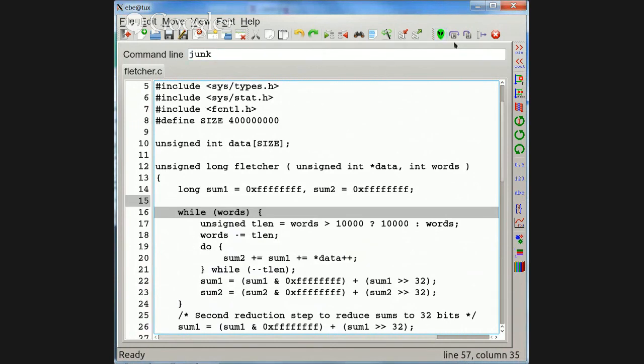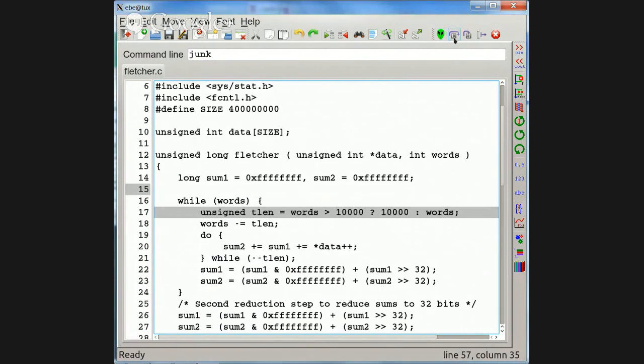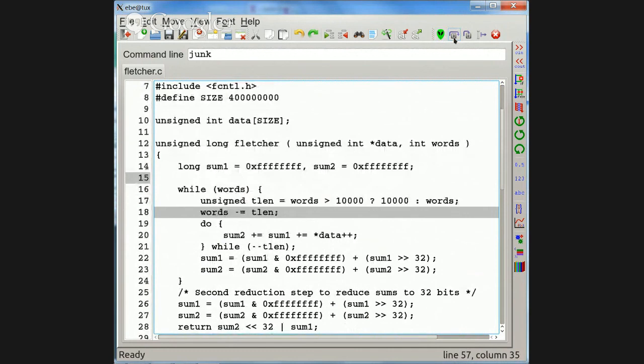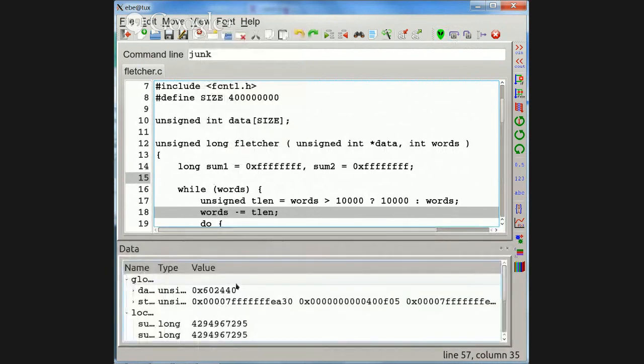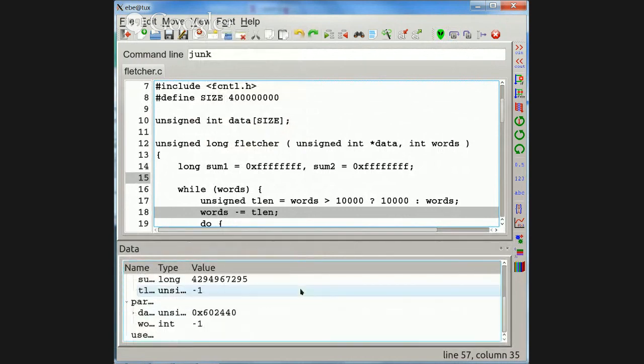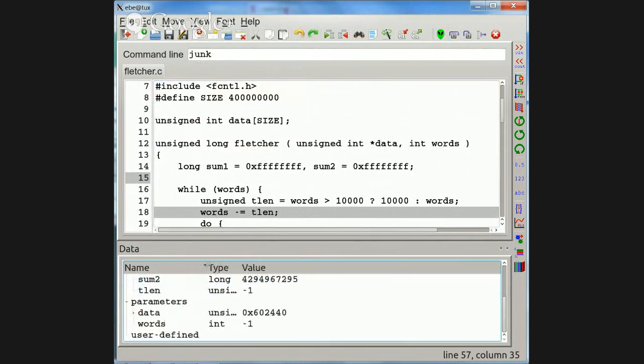All right, now we're going to go through the loop and see how this behaves. So we figure out some number of words to work on, and if I view the data, I should be able to observe things readily here. So we have TLEN, temporary length, and we have that set to -1.